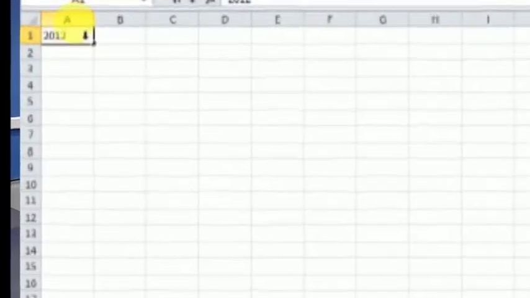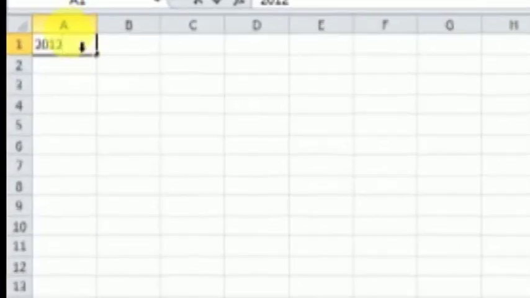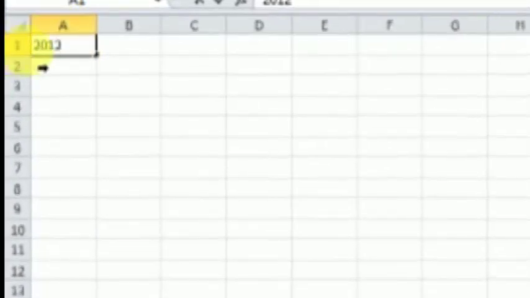And how do you identify the name of a given cell? A cell can be named by using the column letter and the row number. So here we can see that this cell is made by column A and row 1, hence the name A1.